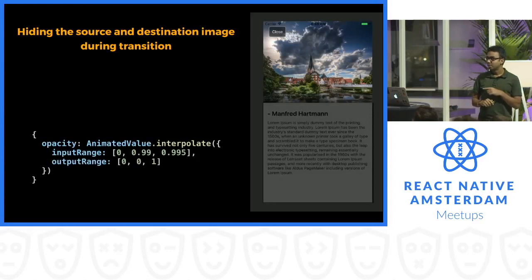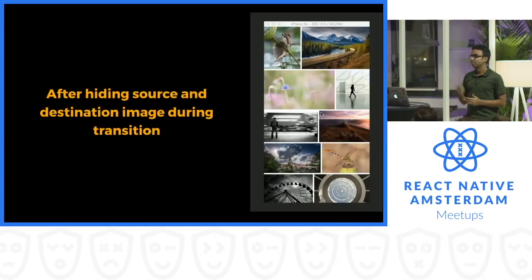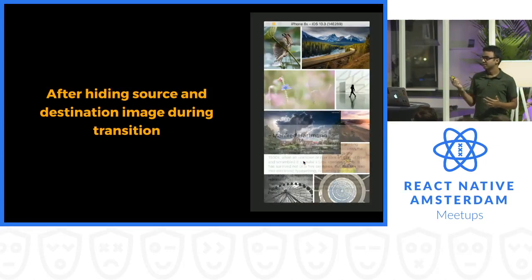But I'm going to do it differently for the destination image, where at the last part of the animation, I'm going to make the opacity 0. At the 0th, it's 0. Up to 99.95%, it is 0, and in the last 0.05%, it actually changes. Okay. So if you could see here, click on that image, the source image has disappeared,